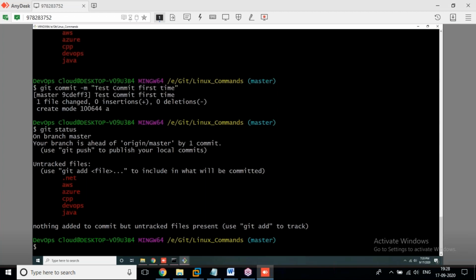Keep in mind, whenever you create a repository, either remote or local, by default we get one branch, and that branch is called master. Whatever you see in the console is called a branch. The branch name is master.